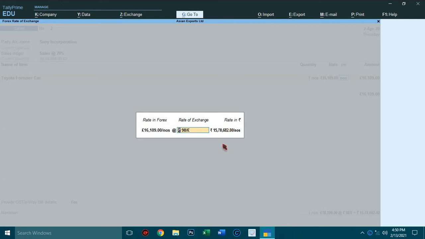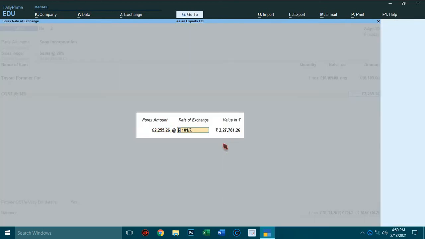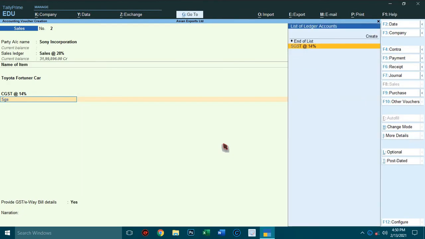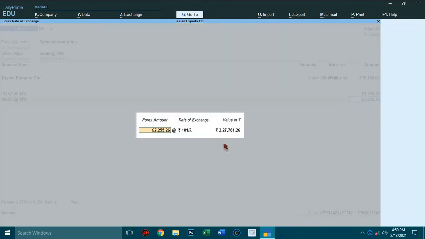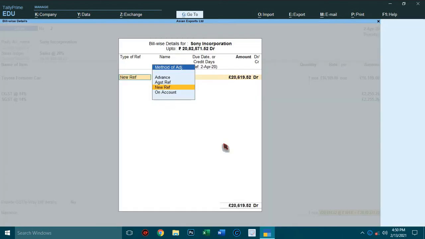So today's rate is 101 per pound, Alt 156. Select CGST. Select SGST. Type invoice number.